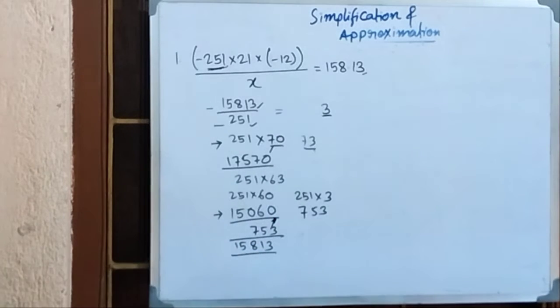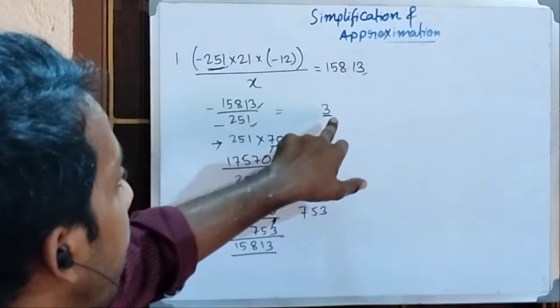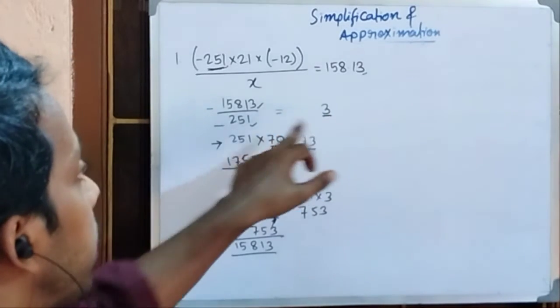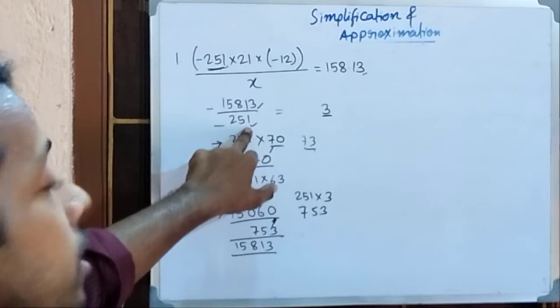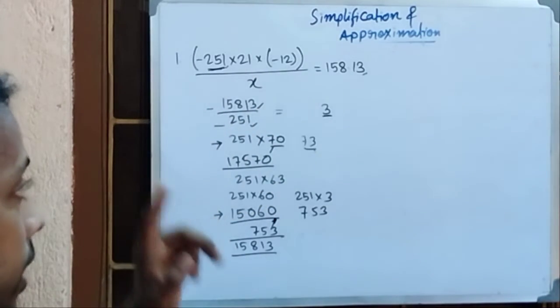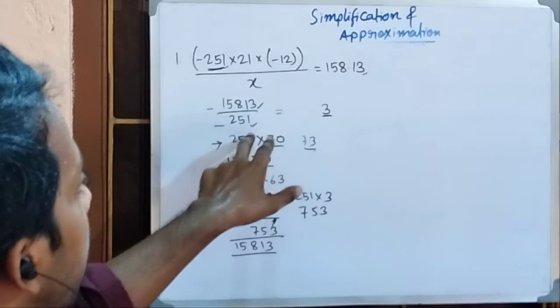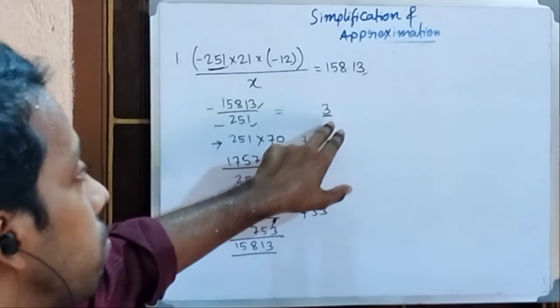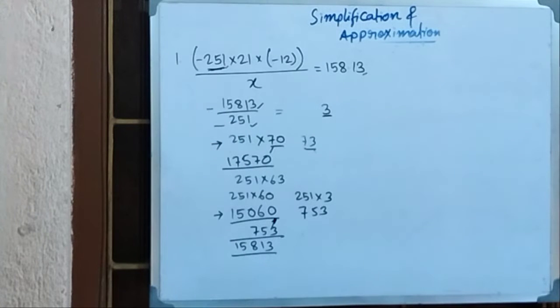This much I have discussed in detail, because this unit place value you have to first encounter. You have to first understand this part: what is the unit place value in the numerator and what is the unit place digit in the denominator. Only then, even in case an integer number comes in, are you sure enough that the unit place is 3 here. Otherwise, if this does not give an integer value, then you can't do anything. The integer part comes in only when a simplification question is given there. But in the approximation case, it is quite difficult.